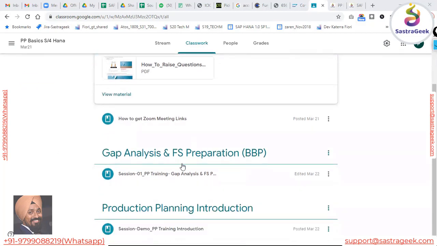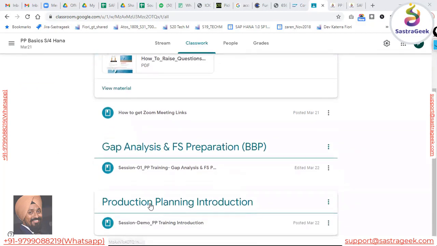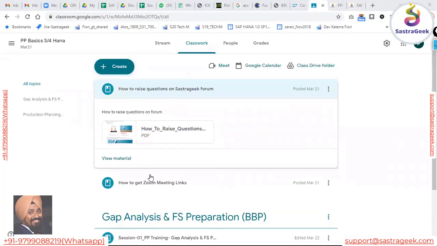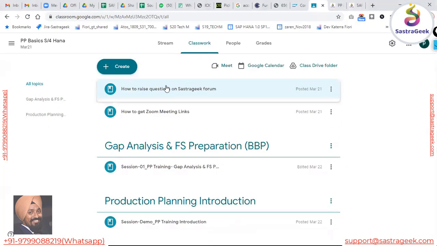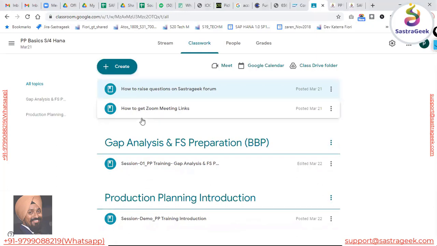Yes, and when we are covering a topic, whatever blogs are related to that topic, we will put a link here in the topic as well. In today's session I'm covering production planning, and if there's a blog related to that, we'll also send it in the topic so you can read it. Once you go to the blogs page, you can explore multiple things from there. And if you find that some more generic links need to be provided, I will create one more document and put a placeholder on the top so you can quickly access it from here itself.